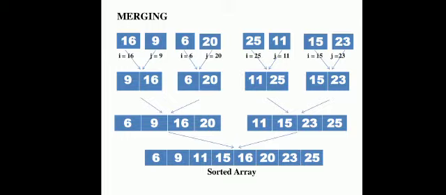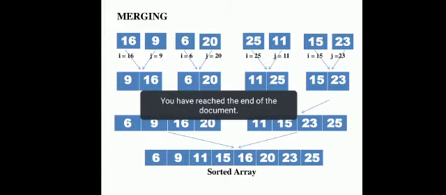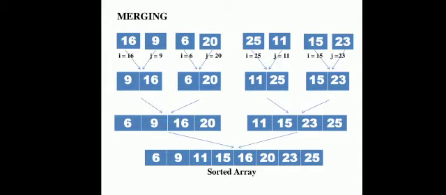For that, we take the value of i as 9 and j as 6. Then we compare 9 and 6. We find 6 is smaller than 9. So we set the value of the first index in the first sublist as 6. Then we take the value of j as 20. Then we compare 9 and 20. We find that 9 is less than 20. So the value of the second index in the